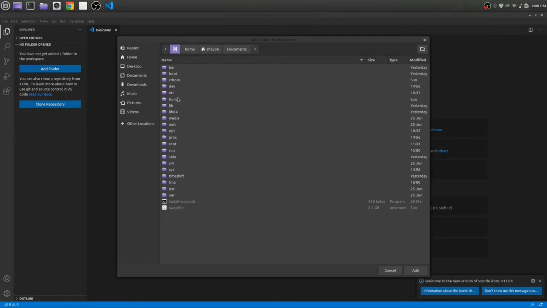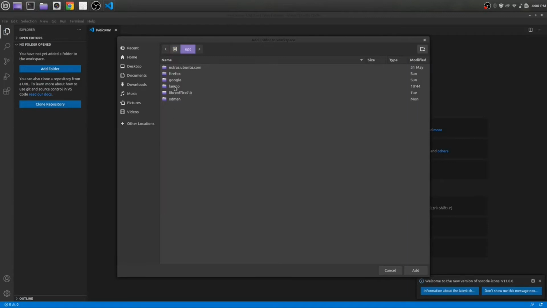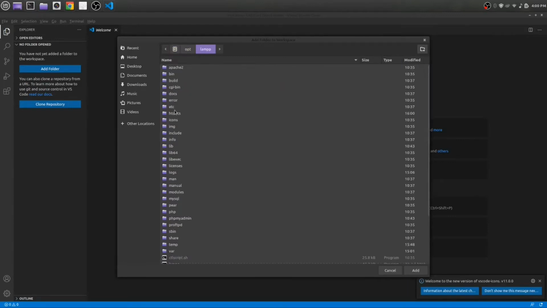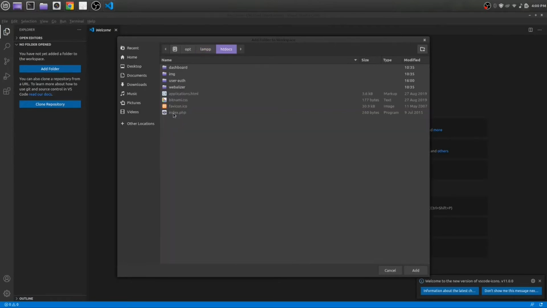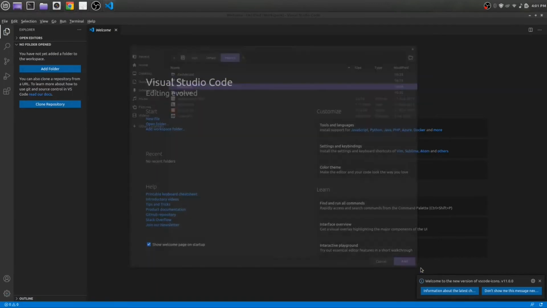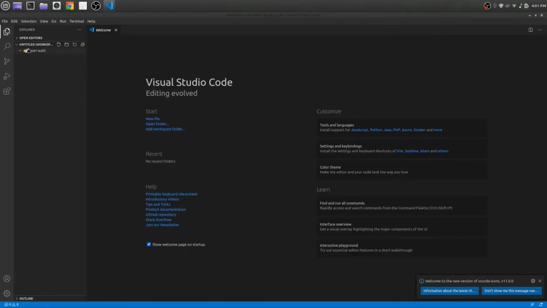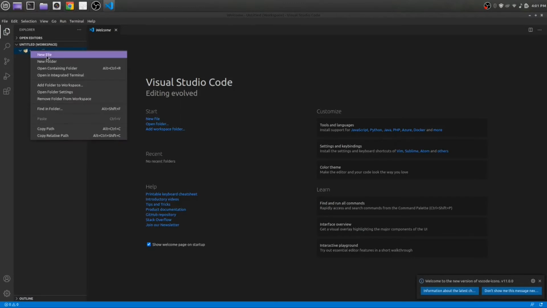Go to auth, lamp, and here is my htdocs folder. I need to include the folder I have made, that is user-auth. From here I am going to create a file